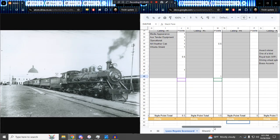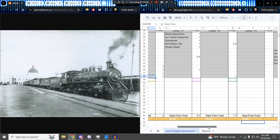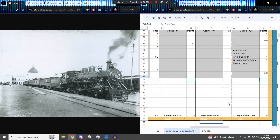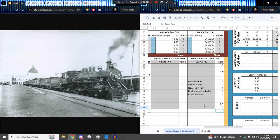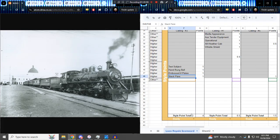Let me look at the pictures real quick. I need to check something. No one's knocked out yet, but the CNW engine has 0 style points so far, and I'm going to say Mew has 8. I'm going to say